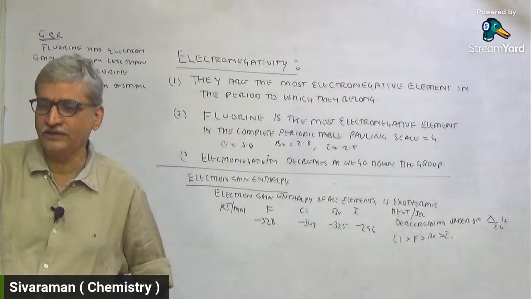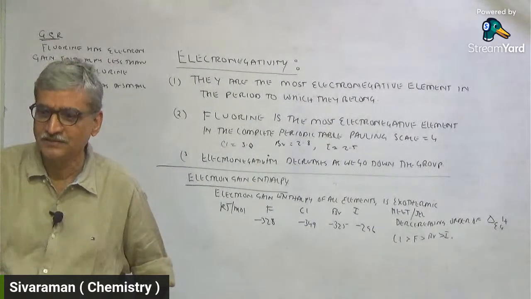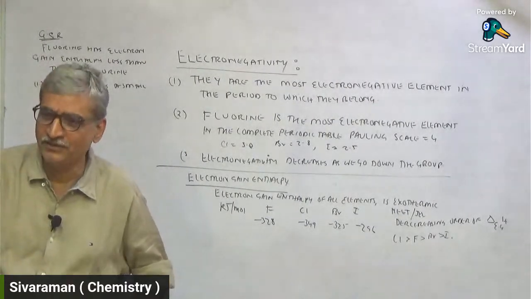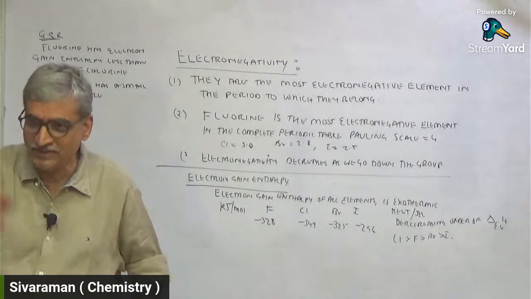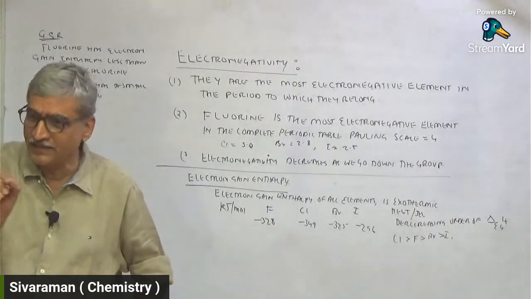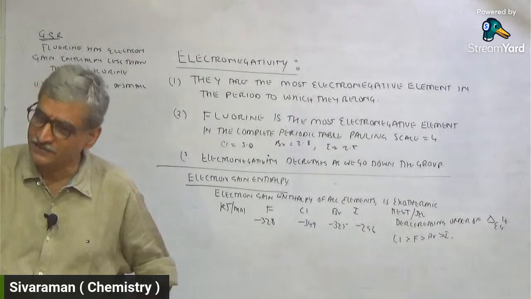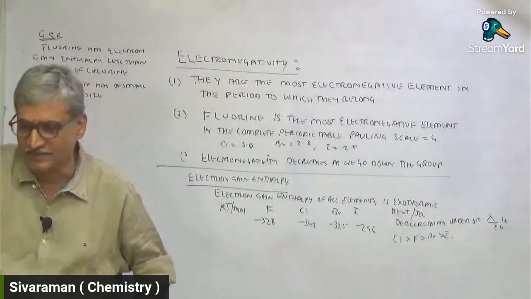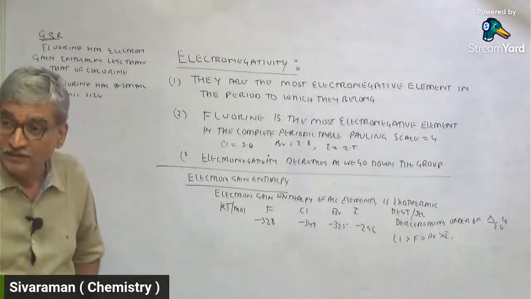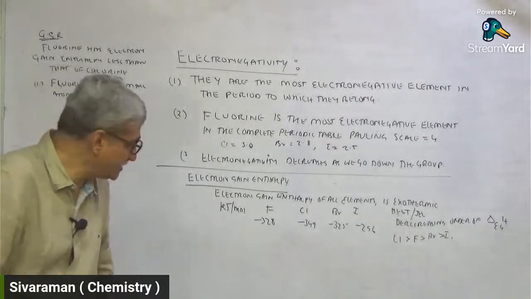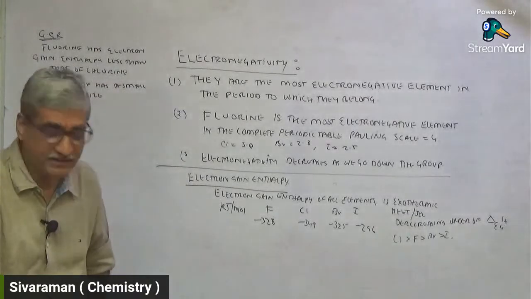What am I there for here? This is what my job is. Maybe the other Shresh did not realize it. You asked it, so he has also realized that this is what it is. The negative sign indicates that it is exothermic. Then the absolute values are taken. Okay. That's what my job is, to correct all these things. We are at the fag end of the year. We should know all these things.